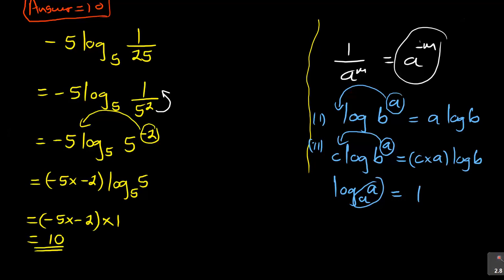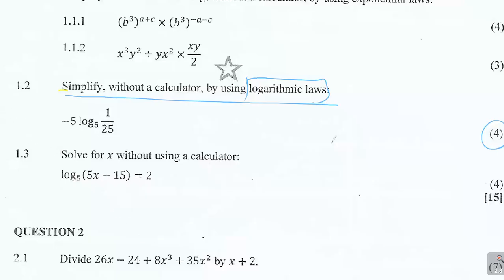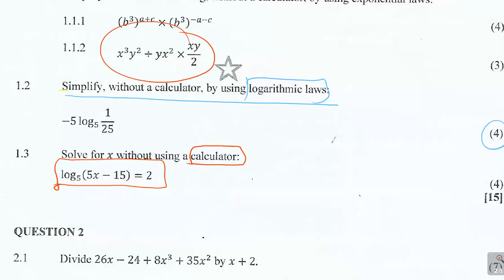And let's go to the next question. It says 1.3, solve for x without using a calculator. Important one. They still don't want me to use a calculator, but you know, if I can use it, I will use it, or I will test with a calculator to see if the answer proves. I didn't manage to prove that one, but we'll come back to that at another stage. But now let's try this one. It says log 5x minus 5 is equal to 2.